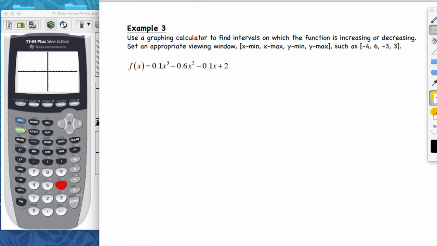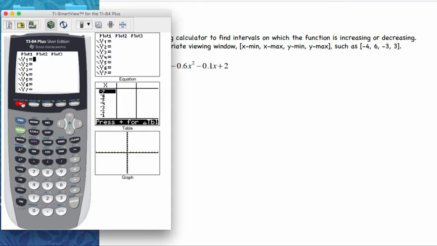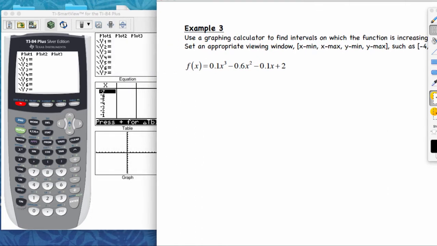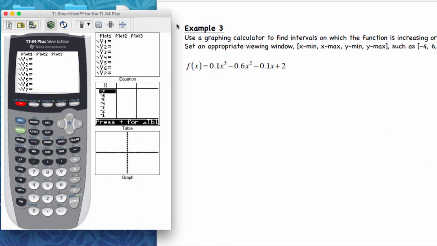Your graph changes from increasing to decreasing on maximum values, and it also changes from decreasing to increasing on minimum values. So we have to find those. Okay, so first I'm going to put in my function, and I'm going to press y equals, and then I'm going to punch in my function, or type in my function,